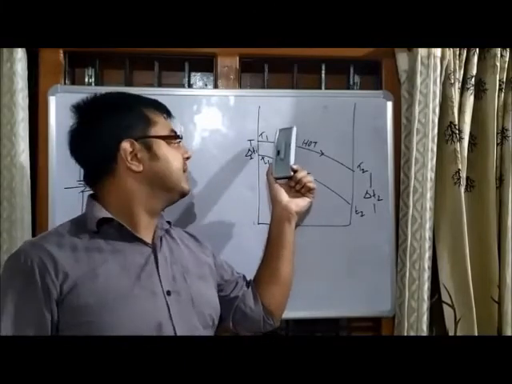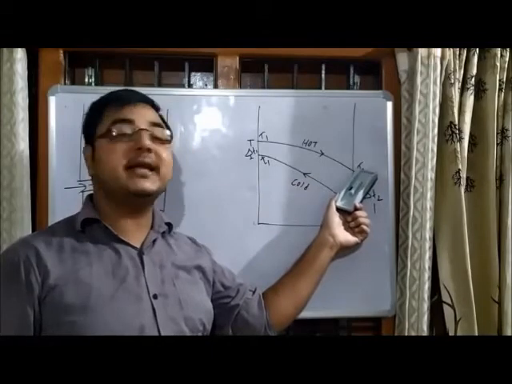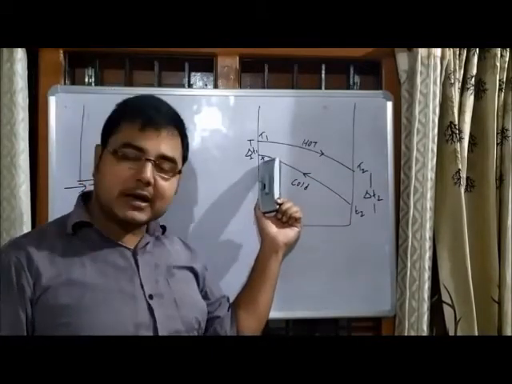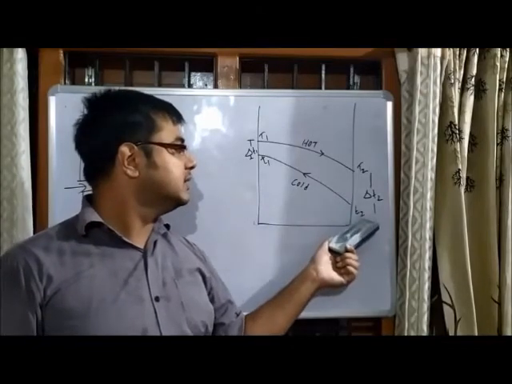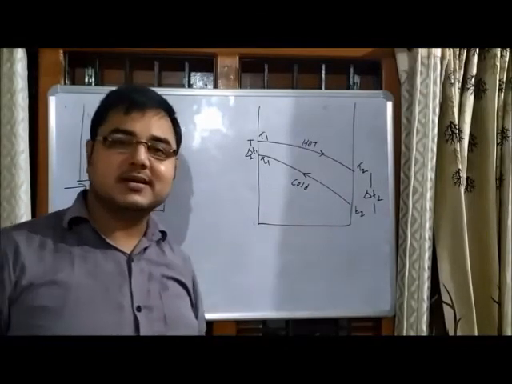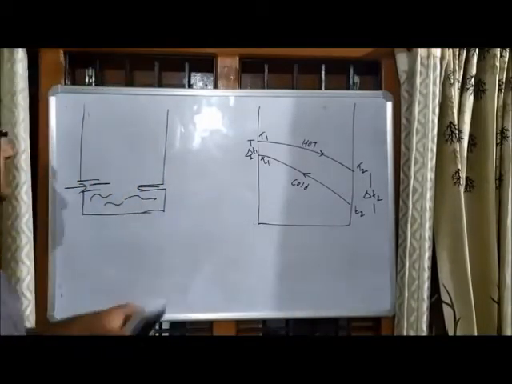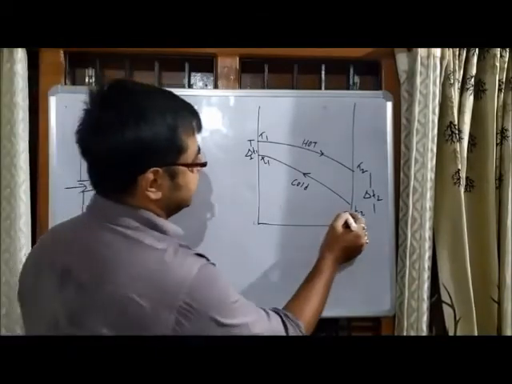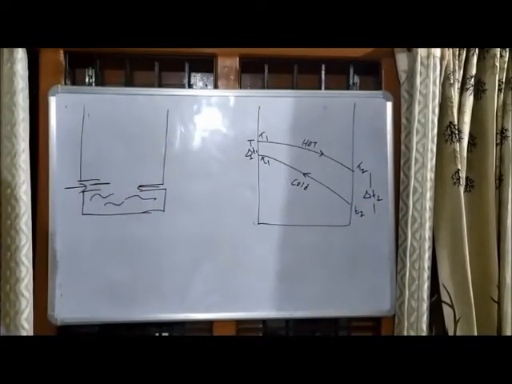T1 is the temperature of the hot fluid. It has come down to T2, and small t1 is the temperature of the cold fluid, which has also come down to this. So why does it happen? Because it flows in the opposite direction. So it will get heated, no doubt, but the temperature is quite low as compared to the earlier one. So in this concept you should learn one thing, that the average in this process